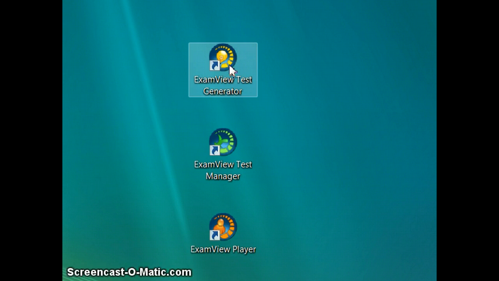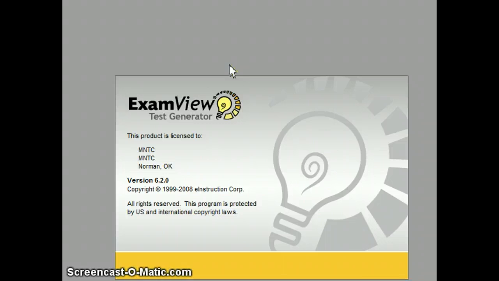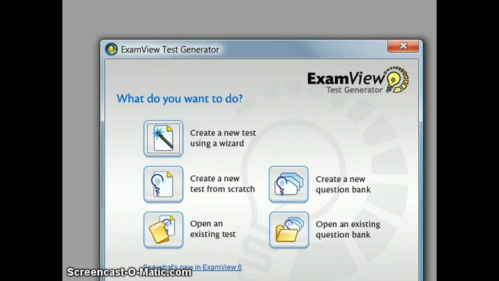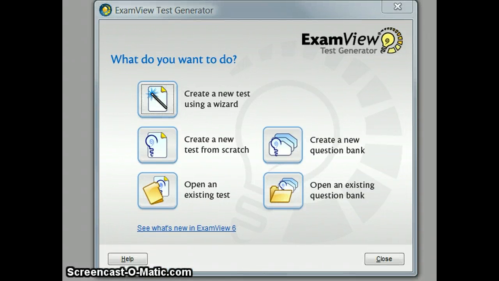To create a test, the first thing you need to do is open up ExamView Test Generator. If you're just converting an old test, remember all you need to do is just open that test. It'll come up with a little scary dialog box that tells you you'll lose your grades that are in there, but most of you are working without grades that aren't saved somewhere else, so you don't have to worry about that. You'll want to create a new test from scratch, or if you're going to use banks,